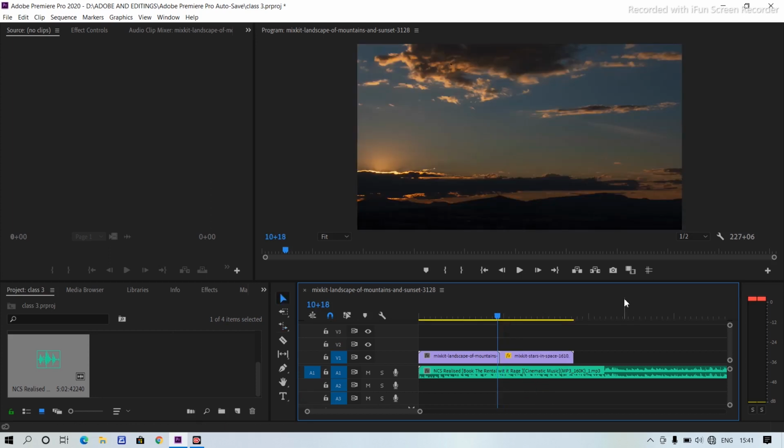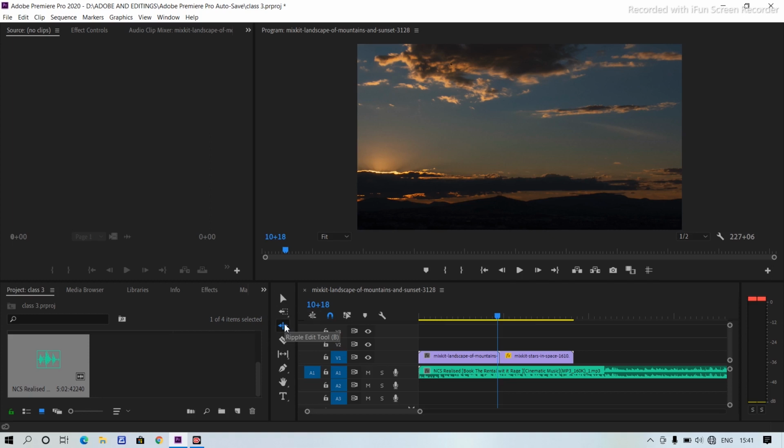So if you want to change the duration of the clip as well as the speed of the clip, you have to use the rate stretch tool. While using it, be careful as it changes the speed also, but you won't require this tool much, because I also never used it while editing. It's because I'm teaching you, so it's my duty to tell you what it does.